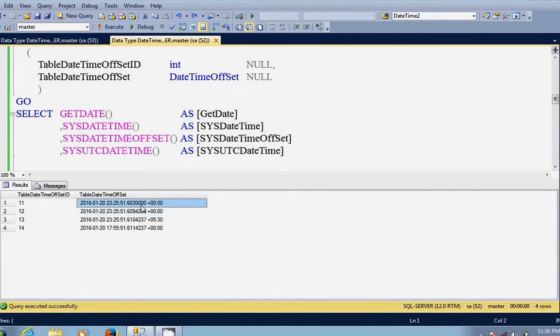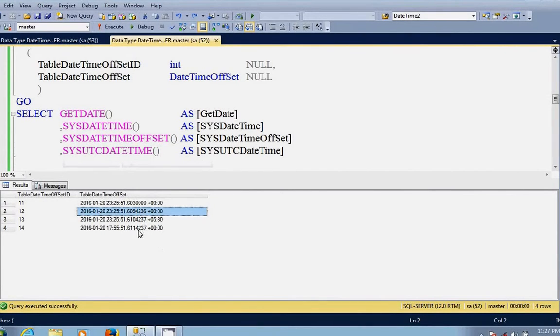Then see here, these two values have offset 0. Why? GETDATE returns datetime, SYSDATETIME returns datetime2 too, but these two functions don't return offset values. Only SYSDATETIMEOFFSET and SYSUTCDATETIME return offset values.